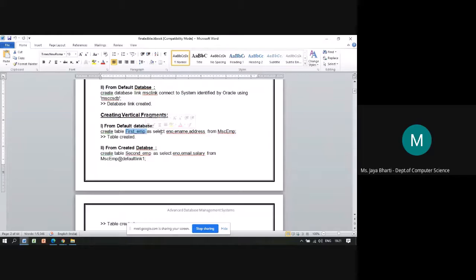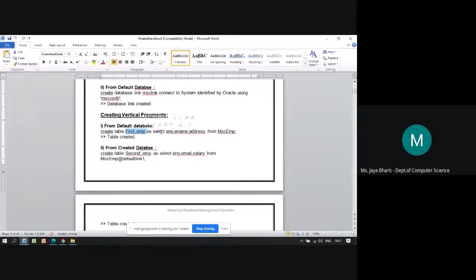So in the first EMP1 fragment, we want the employee number, employee name, and address. These three columns we wanted from the table employee. So create table, default table name as select e number, comma e name, comma address from EMP table.